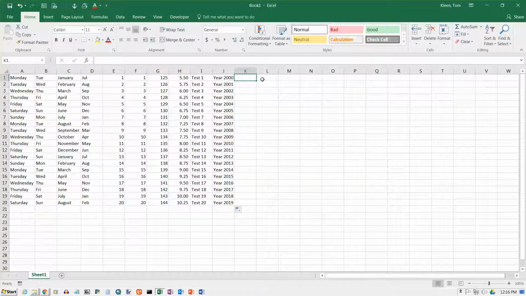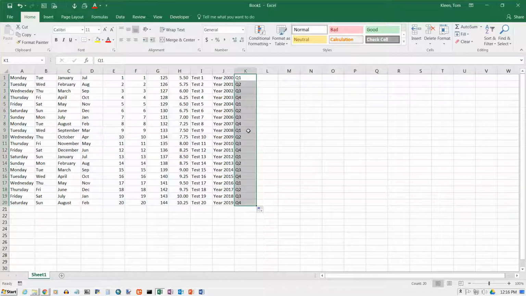There's one exception to that, and that is if I do Q1 and get my fill handle and click and drag that all the way down, you see once it gets up to 4 it starts over again, and so it's interpreting that to mean quarters. And since business reporting is usually done by quarter, this is something that people need to enter quite often in a spreadsheet, and so they've made a shortcut for it. There are 2 other variations of that. If you do